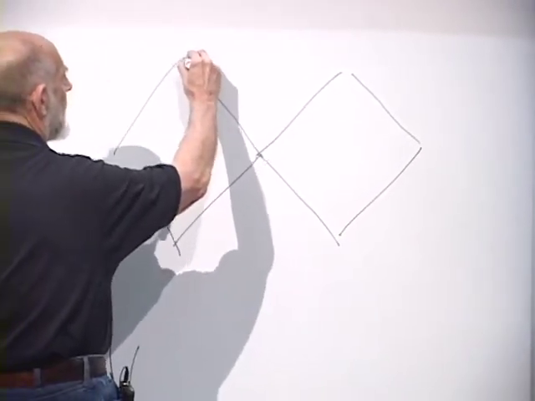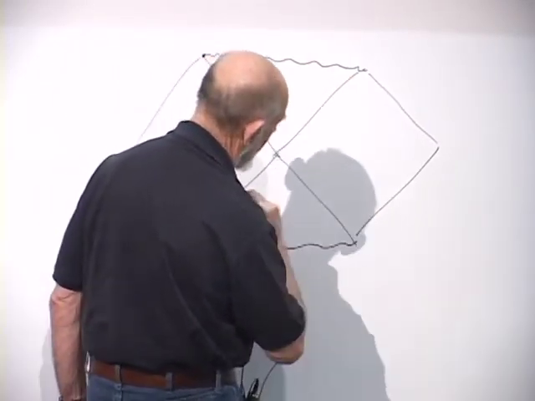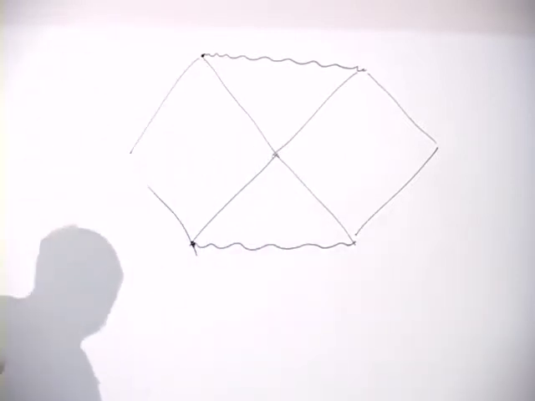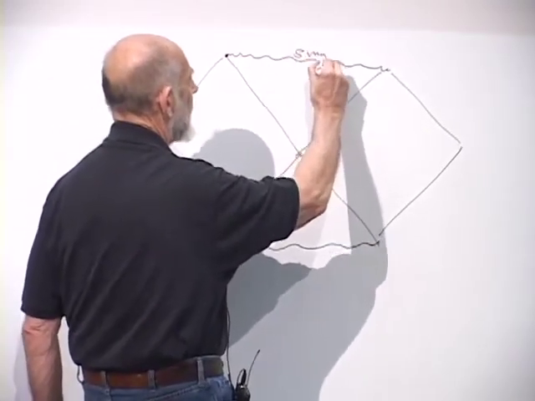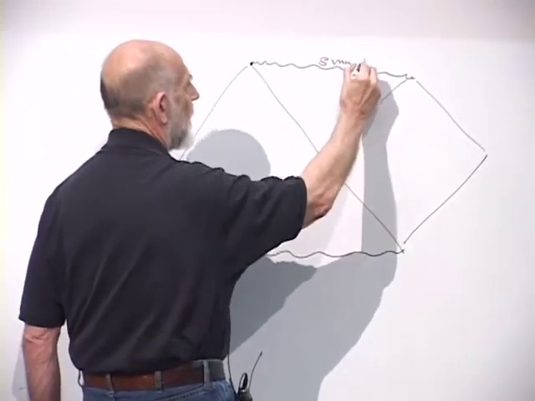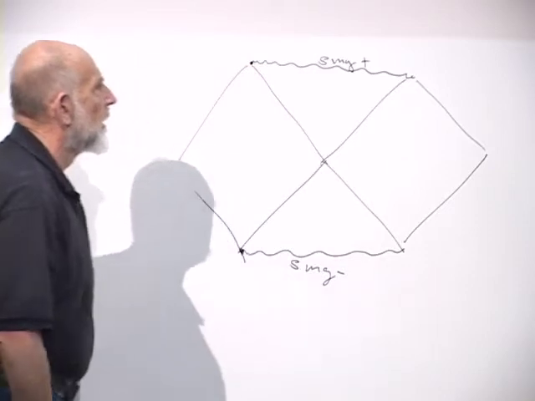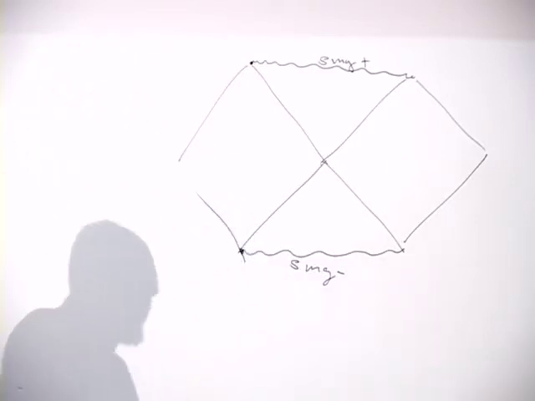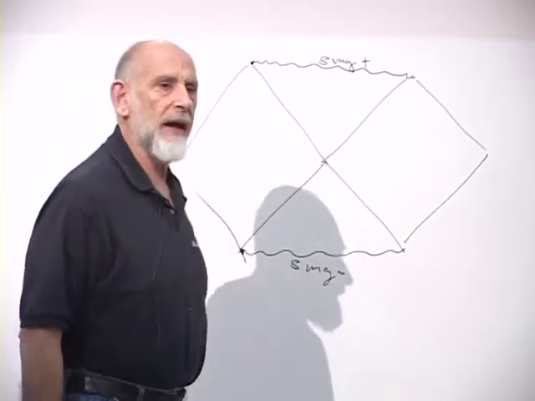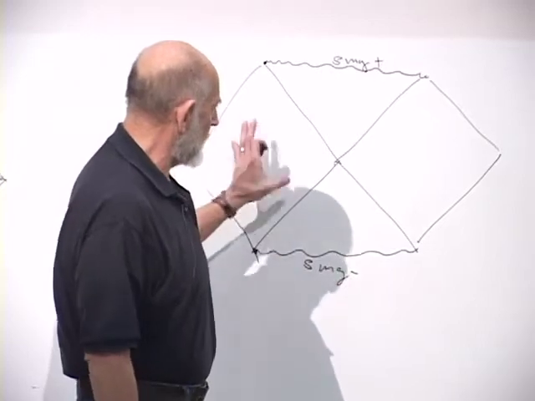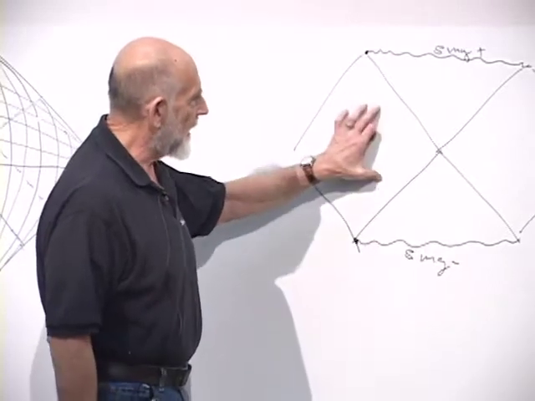Then you draw another square diamond next to it of the same size. And then from the top of this diamond, you draw a wiggly line to the top of this diamond, and from the bottom of this diamond, you draw a wiggly line to the bottom of that diamond. The wiggly lines are the singularity, future singularity. Let's call it singularity plus, singularity minus. People outside the black hole, they're over here. This side, we're going to find out, doesn't really mean anything. So don't obsess about this side. Don't even ask me about it for the moment. We're going to find out what happens to it. Here and here